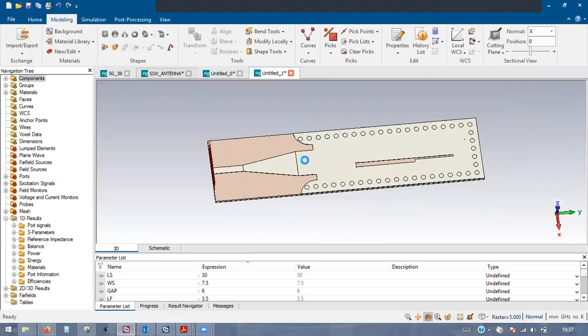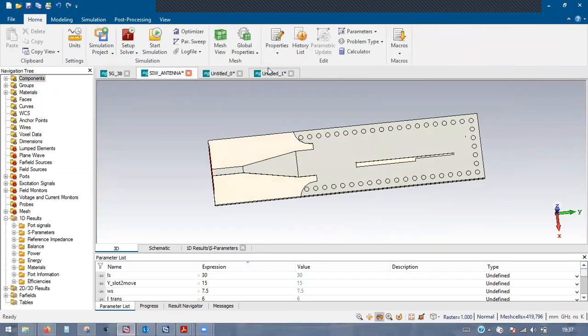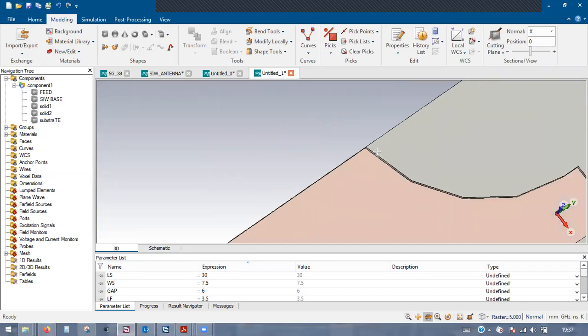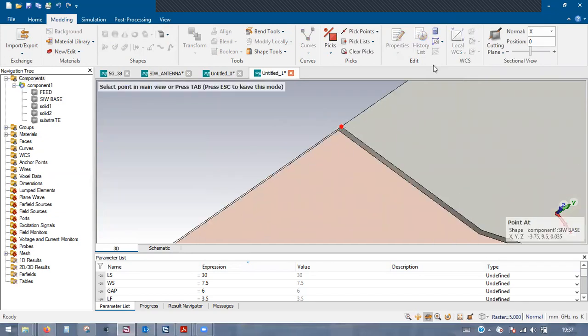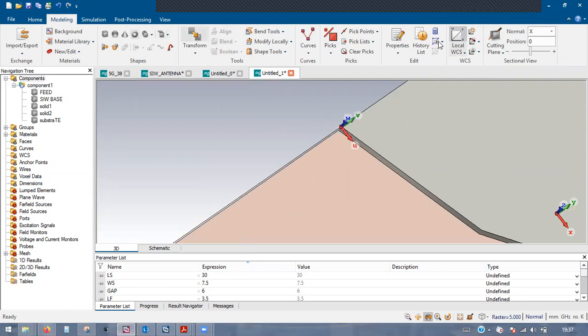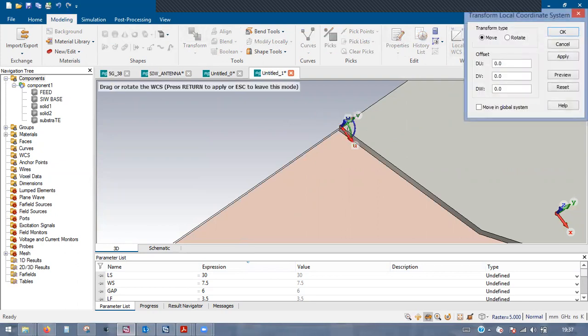So now we are left with only the vias. So for the via, you can select this point, bring UVW coordinates here, translate your axis